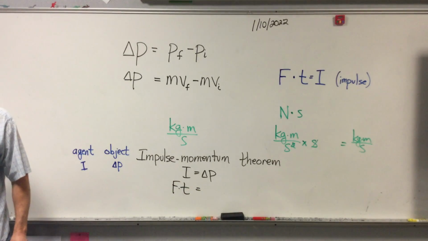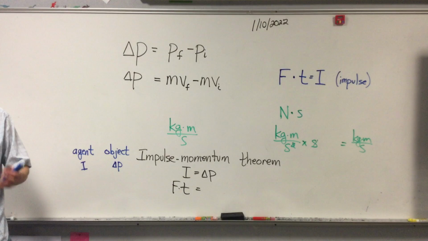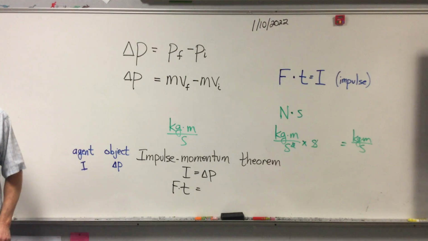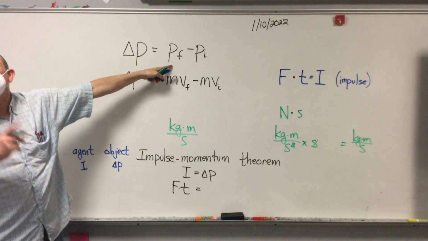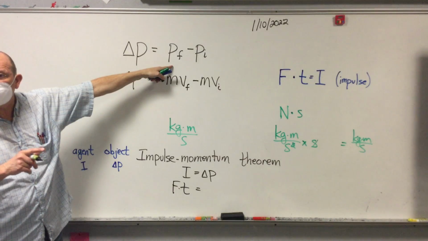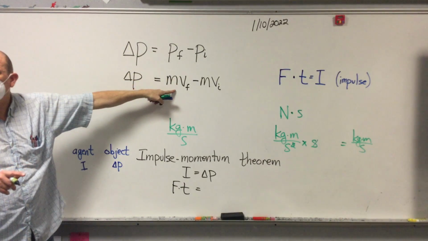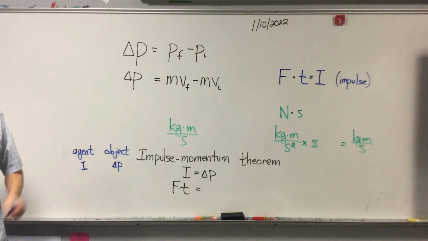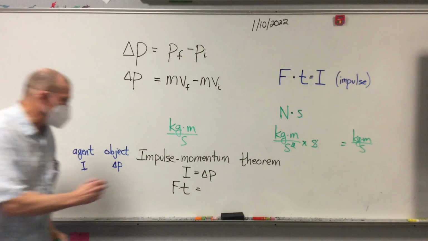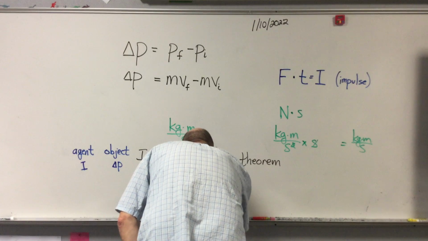What does our delta P equal? This one's a little more elaborate. Your final momentum versus your initial momentum? Yeah. And remember, usually you're not going to be given this as a value. What you'll have to do is use this version of it, because they'll give you information about the mass of the object and its velocities. So on this side, we're going to have